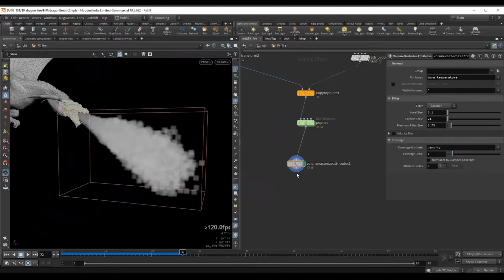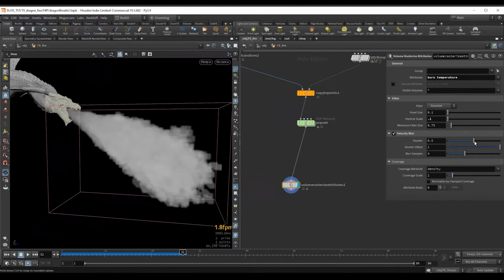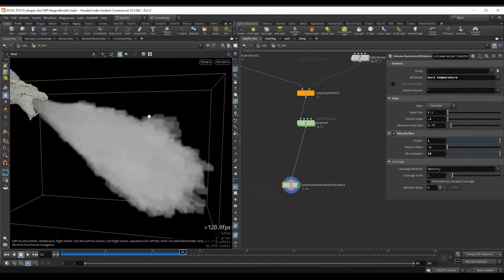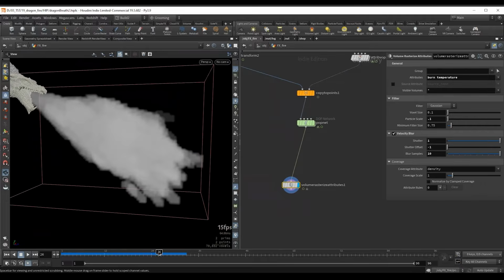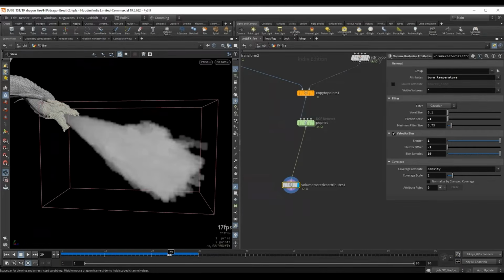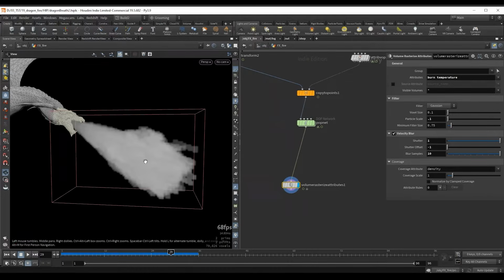We also have velocity for our points. So we can turn on the velocity blur and we can increase the shutter. Let's set this to smear backwards and also increase our blur samples. And we can see these very harsh areas right around our particles. That sort of kind of looks like an error. So this is not really ideal. And this will be apparent in our simulation as well.